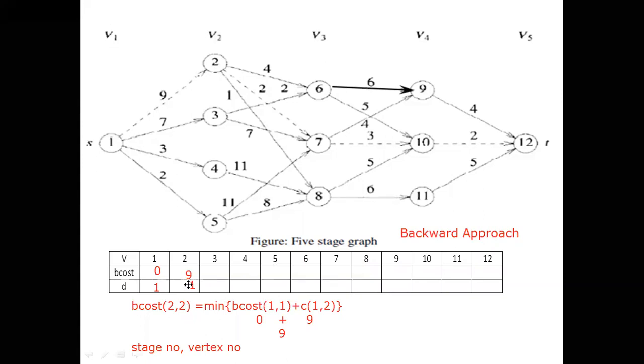I will adjust this value. Already I told you what we did in the previous forward approach. It's opposite. We have to do it here. There, how did we find the D value? We found to which vertex it is penetrating. But here, from which vertex it is going to penetrate. That is the difference. Now, 2, 2 I have done. Now I will do 2, 3. Right? And the 4 and 5 values I will write directly, that you have to solve. For 3 I will do now. It is 2 only, because the second stage vertex number is 3.